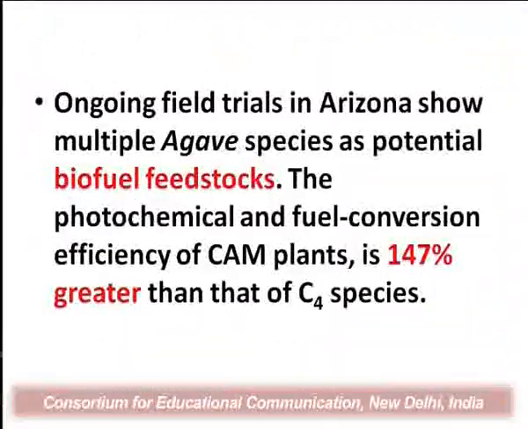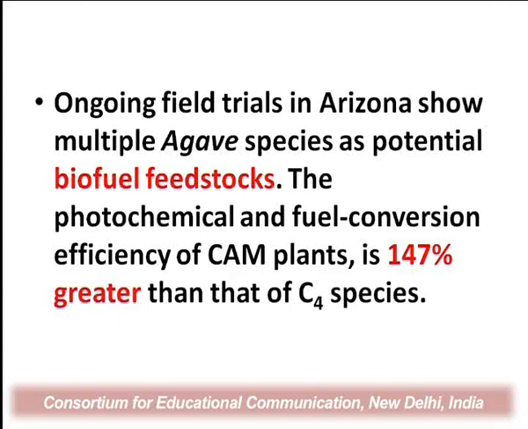And on top of it, most of the experiments which are taking place in Arizona deserts show that the photochemical and fuel conversion efficiency of CAM plants like agave is enormously high. It is astoundingly